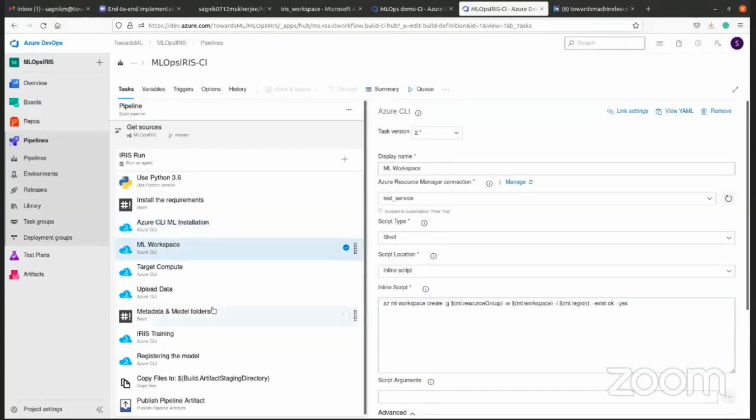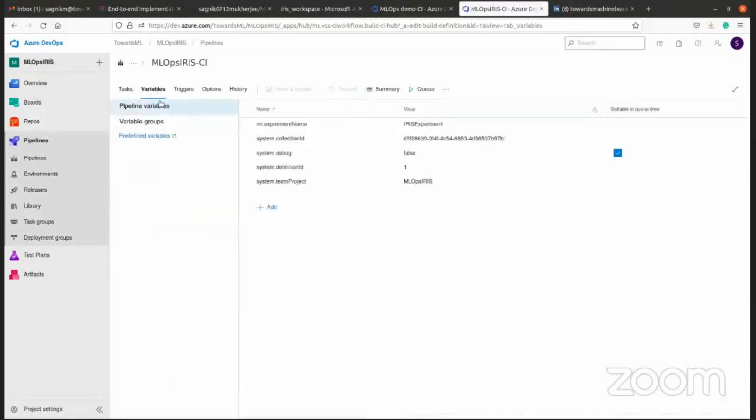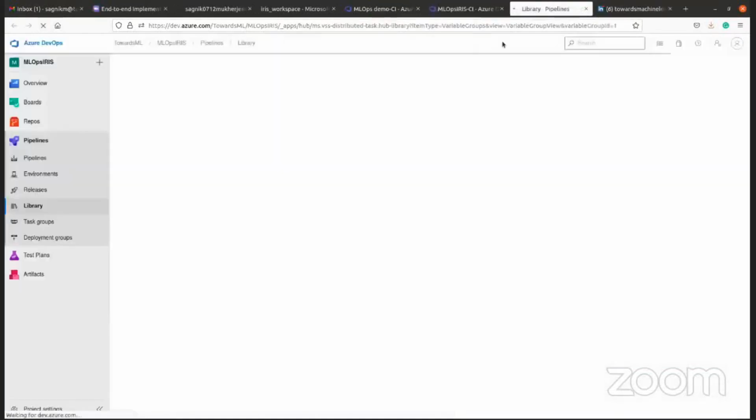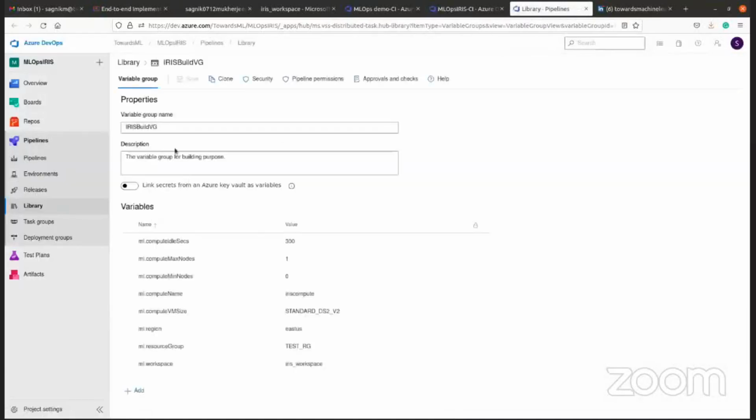Now you can either create the workspace. What is my workspace, by the way? If I come to variables, what is the workspace? If you look at this, the build variable, what is the workspace that I'm looking at? The workspace that I need is this iris workspace. This iris workspace will not be existent in your,